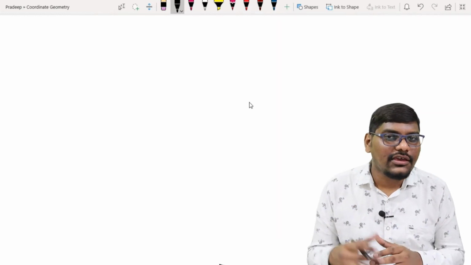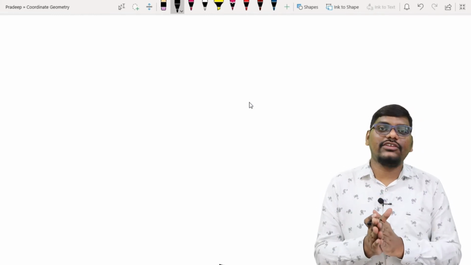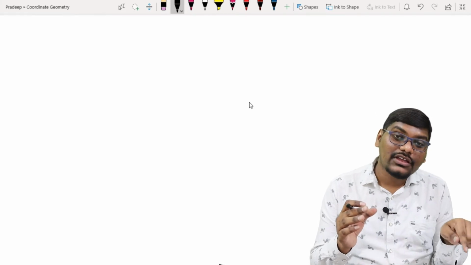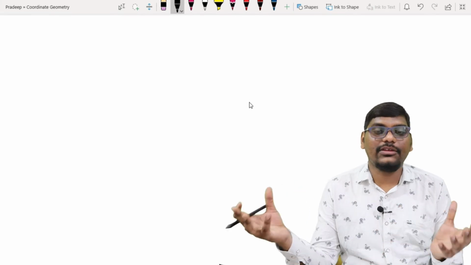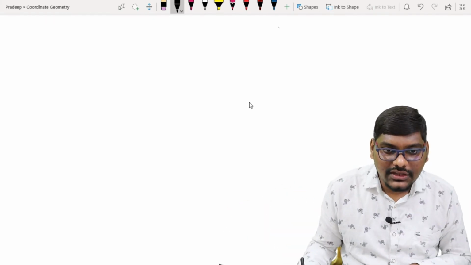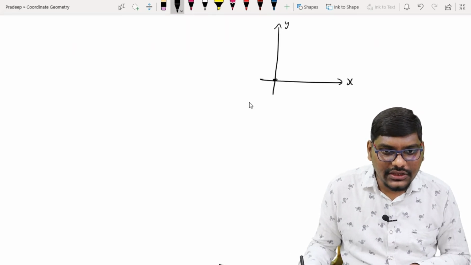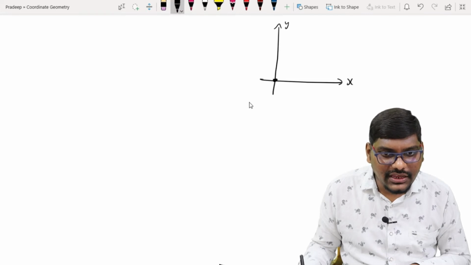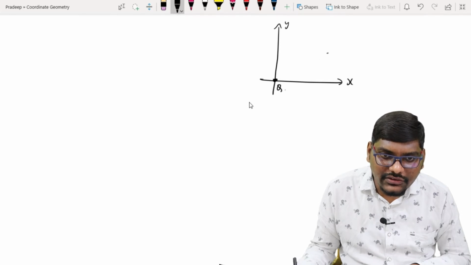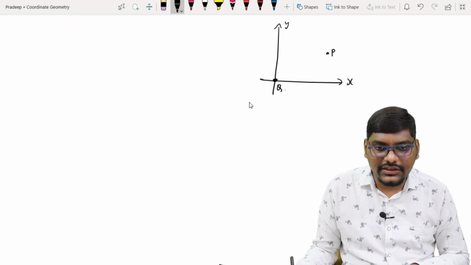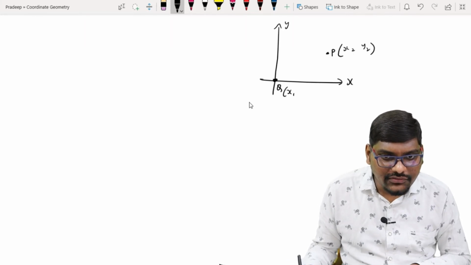Let's see the second thing, which is the same distance formula, where we take a point from the center of the coordinates, the origin, to a certain point in free space. Suppose these are the coordinates, with x-axis and y-axis. There is a point here at the center. Let's take that as point Q. From this point Q, there is another point P somewhere over here, say (x2, y2). Let's say Q is (x1, y1).